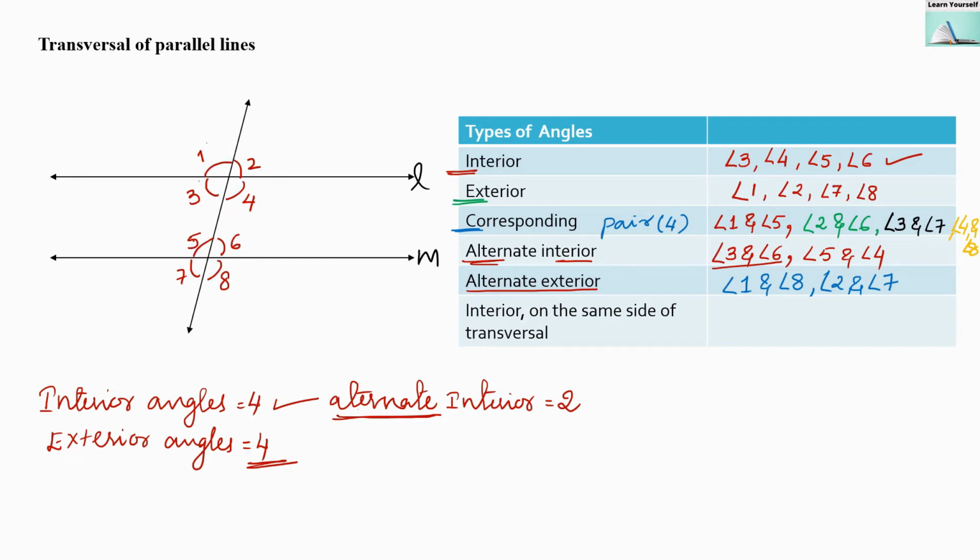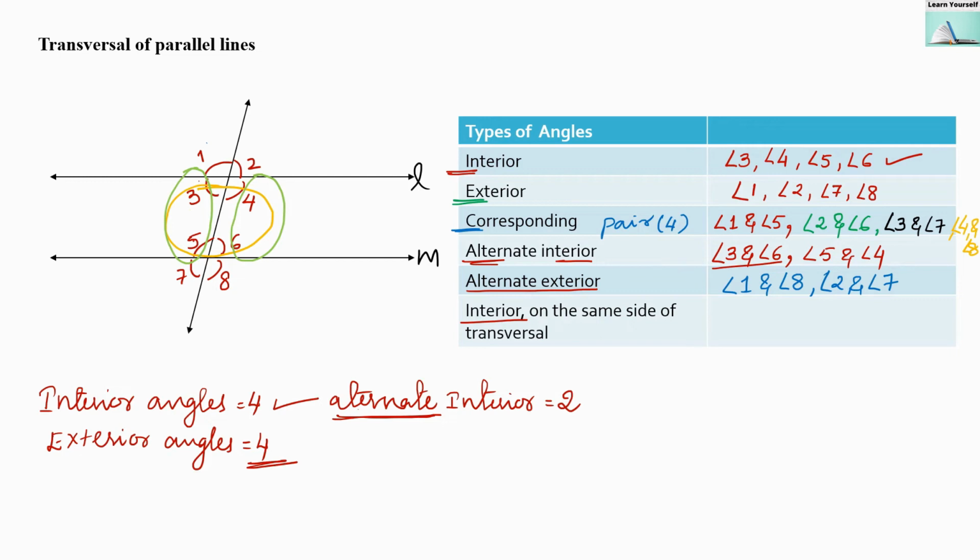Now the last one is interior angles on the same side of the transversal. Now, which angles are interior? We know that these angles are interior. They are saying on the same side of the transversal. What is the same side of the transversal? So this is the same side of the transversal. Within the interior angles, this is one pair and this is going to be the second pair, because in between, the transversal line